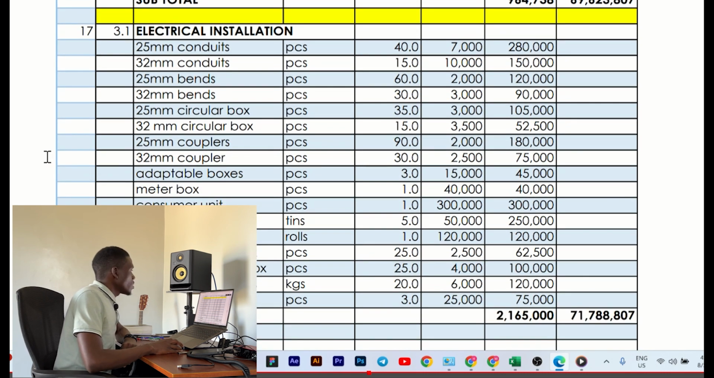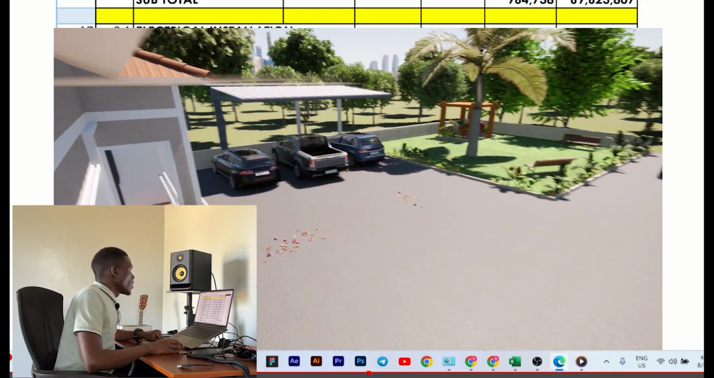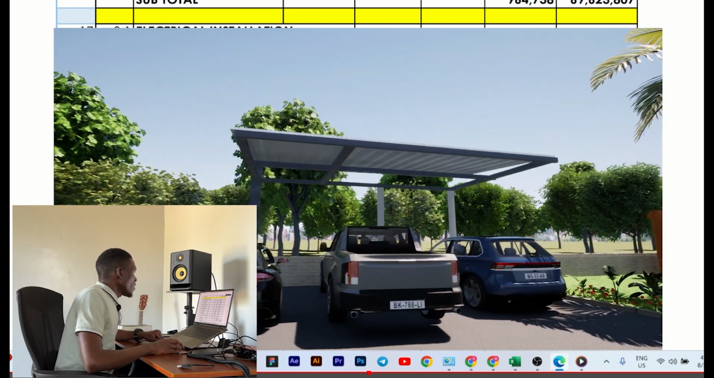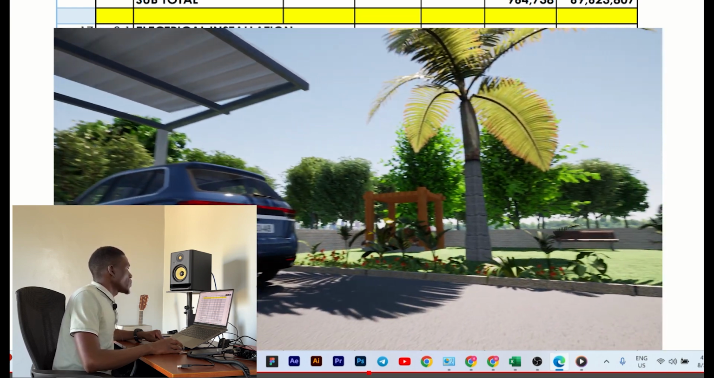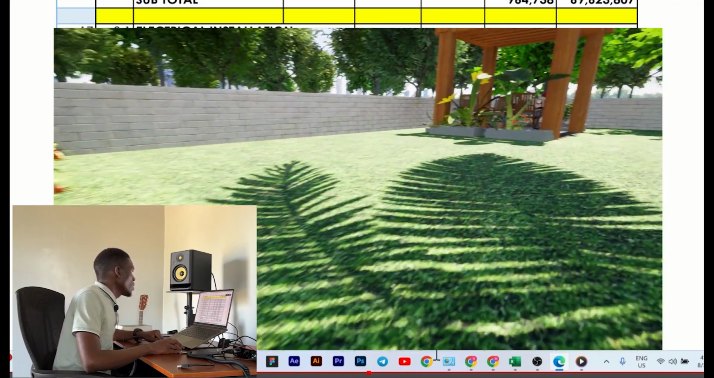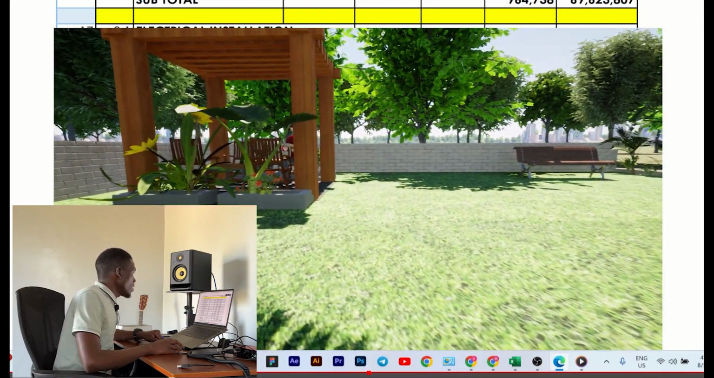Heading to the electrical installation, we need to buy 25mm conduits, 40 pieces, 32mm conduits, 15 pieces, 25mm bends, 60 pieces, 32mm bends, 30 pieces, 25mm circular boxes, 35 pieces, and 32mm circular boxes, 15 pieces, 25mm couplers, 90 pieces, 32mm couplers, 30 pieces, adaptable boxes, 3 pieces, meter box 1, consumer unit 1, PVC solvent, 5 tins,